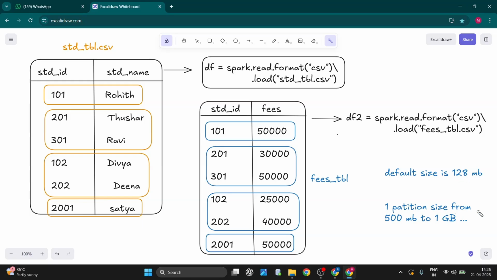Usually, the partitions will be from 500 MB to 1 GB, but Spark's recommendation is to use 128 MB as one partition. Okay, now one partition size in Spark after crossing 1 GB, Spark won't recommend you to cross that one. Okay, what happens, see, as we have discussed about the jobs and stages in our previous videos, if one partition is taking 1 GB,